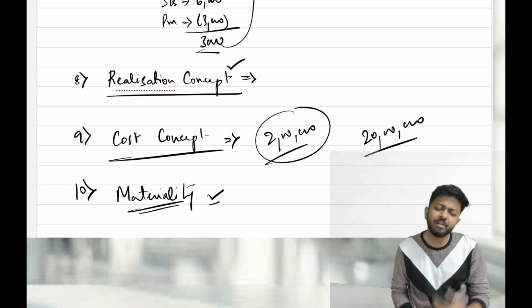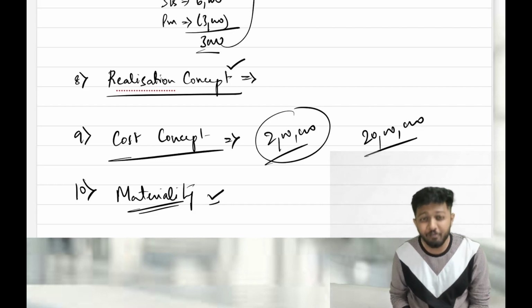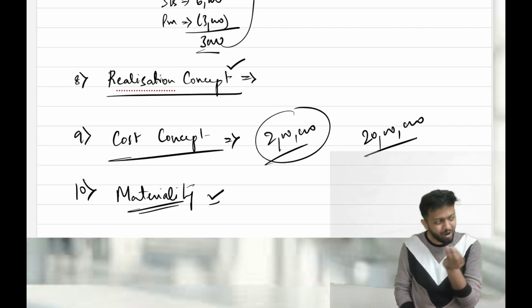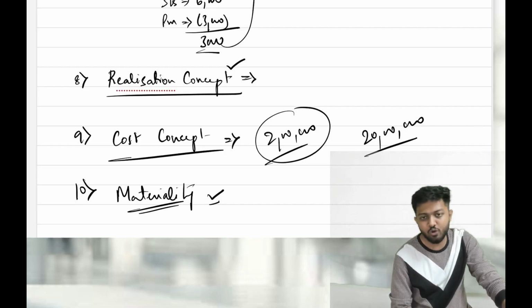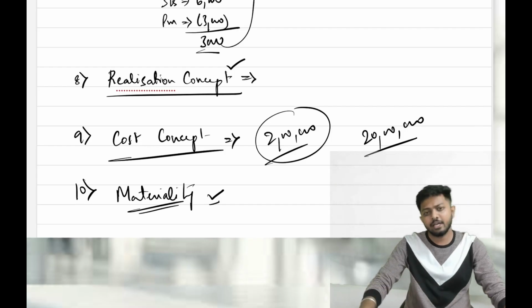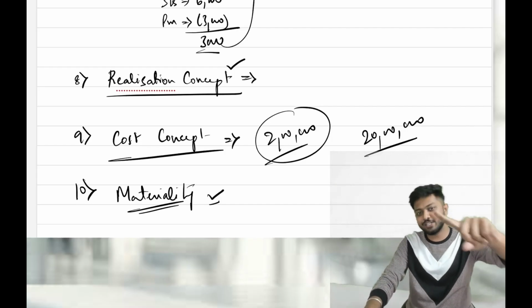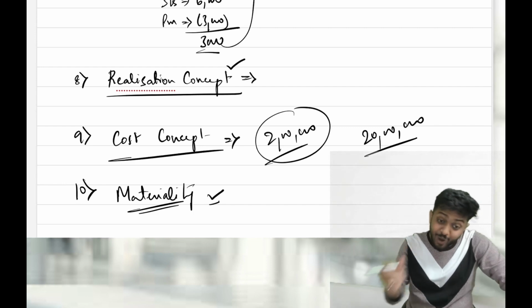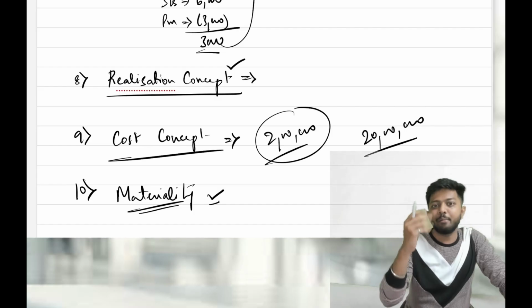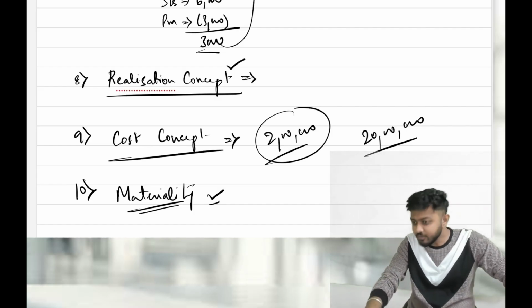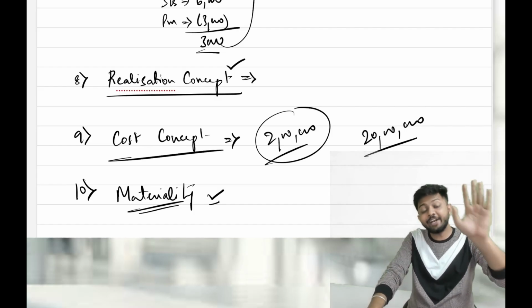But 50 rupees theft happened. Should I disclose it separately? No. Why? Because it's very immaterial. Will the decision making of the stakeholders change because of 50 rupees? No. So I will consider it as immaterial. Okay, but if it is 50 lakhs, of course it should be disclosed. Now this was quantitative threshold to decide whether something is immaterial or material. Yes or no? But should it be only quantitative always?